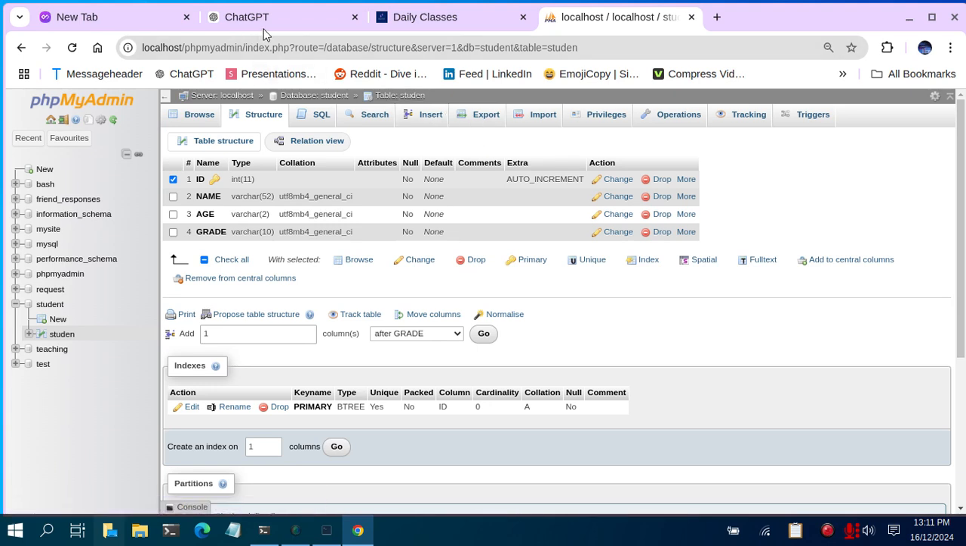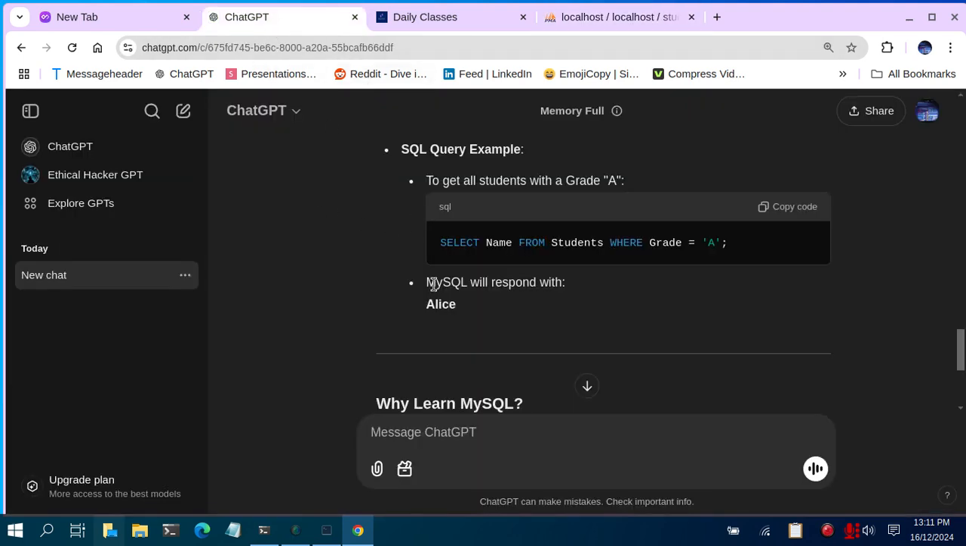I will explain it later, but I hope you now understand in a better way what a database is and what MySQL is. We will understand better in